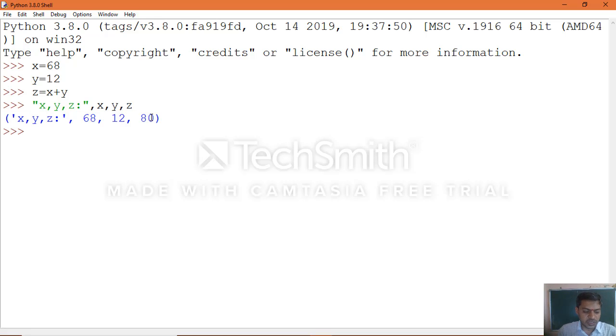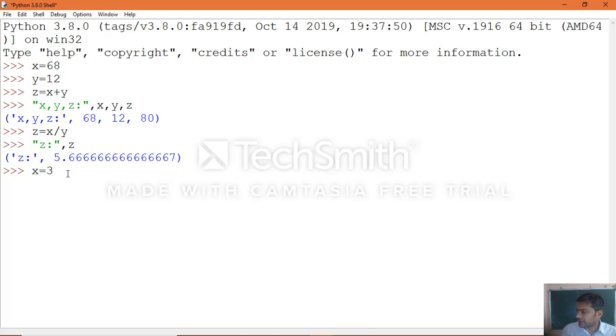In the same way you can do z equal to x divided by y. Now again you need to print the z value, z equal to comma z. You can see the z value which is calculated. Again, the moment you print the z variable, you will get the output which was calculated. Now in the same way we will take another example.